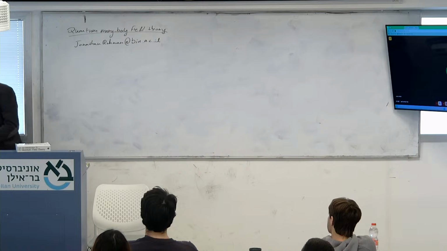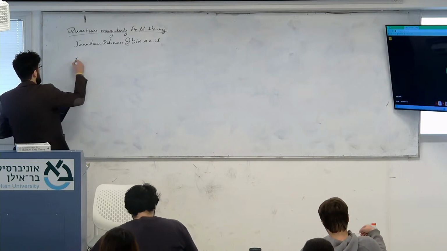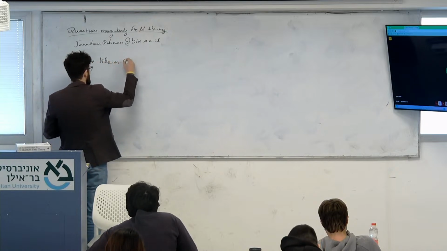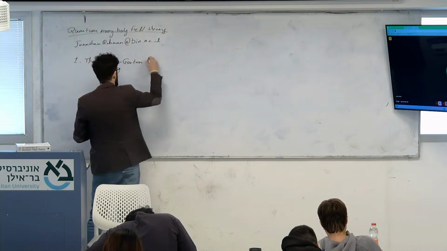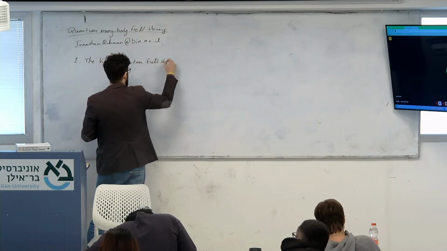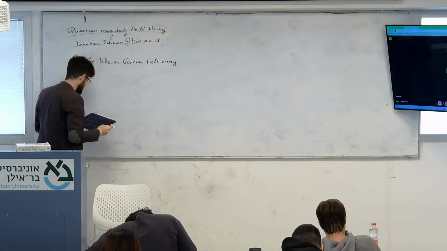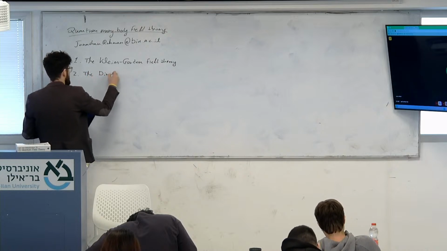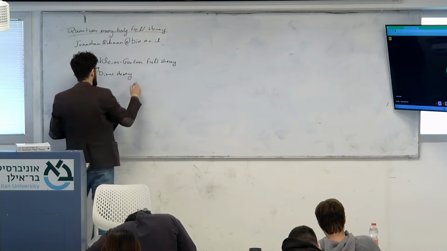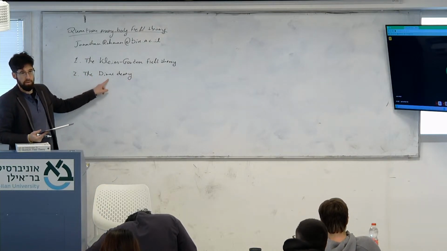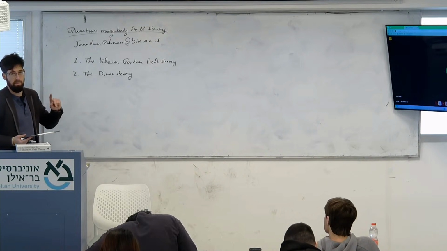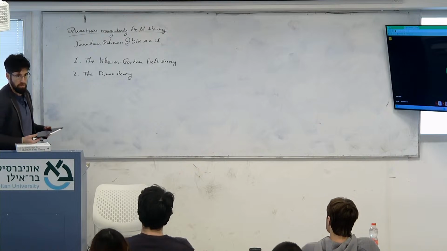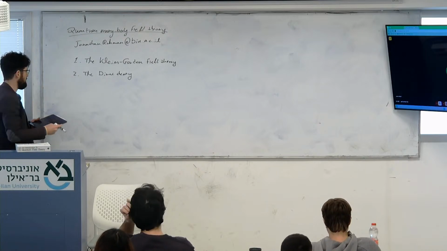So the topics I chose are, the first topic we're going to cover today is the Klein-Gordon field theory. Then the next topic is going to be the Dirac theory. The main reason I'm doing the Dirac theory is because I understood that in the advanced quantum mechanics course we took, Dirac wasn't covered. Right. So you need to study it at some point.